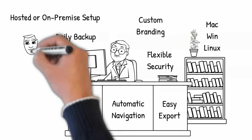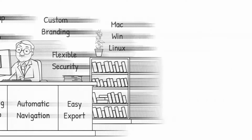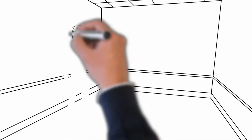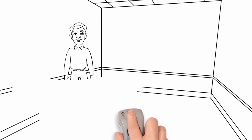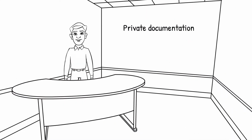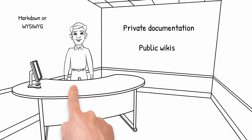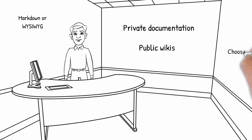With Miki, you'll get all the tools you need to create beautiful, easy to understand documentation for your software, technical, or corporate project, saving your team time and money and delighting your customers. Plus, you'll be able to instantly write private documentation for your team, create a public wiki on your own domain name, edit pages with Markdown or WYSIWYG tools, choose who can edit your wiki,